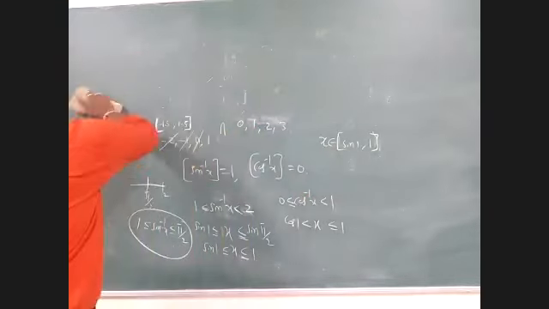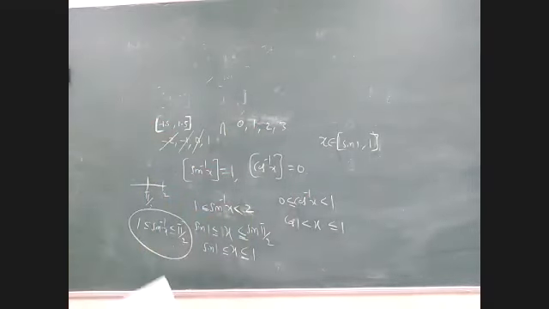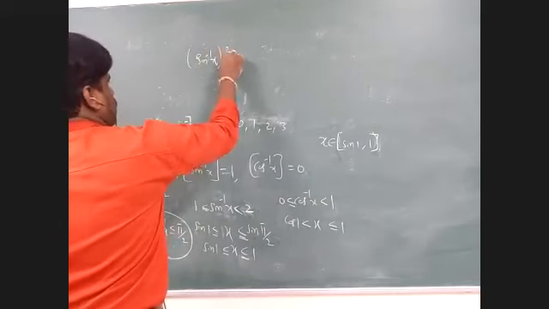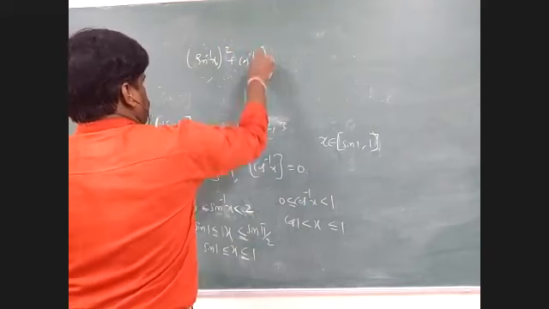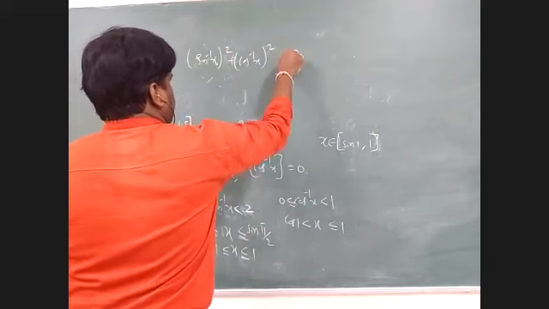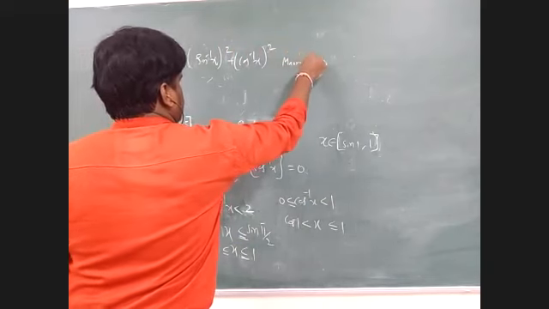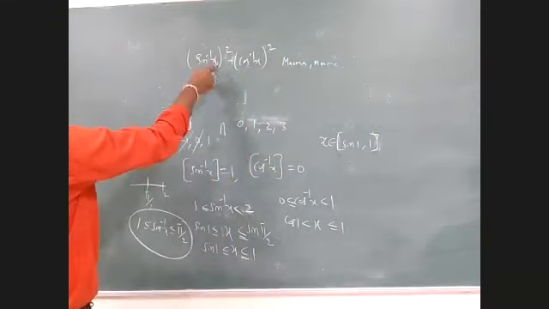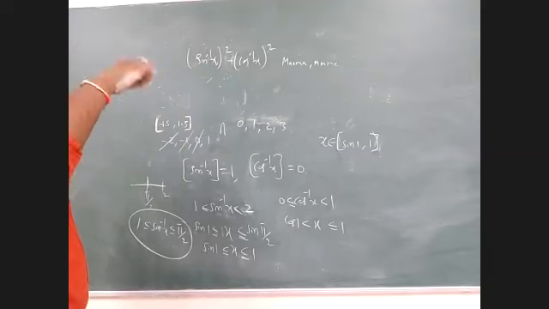See, I'll give that quadratic equation. I explained this one: sine inverse x whole square plus cos inverse x whole square. Find maxima and minima, you have learned? In this maxima and minima, you got a quadratic in sine inverse x, you change cos inverse x into pi by 2 minus sine inverse x. We applied that, we got a quadratic equation.